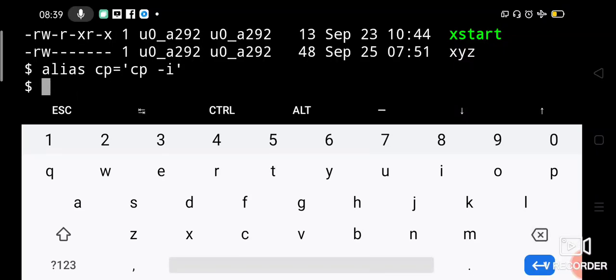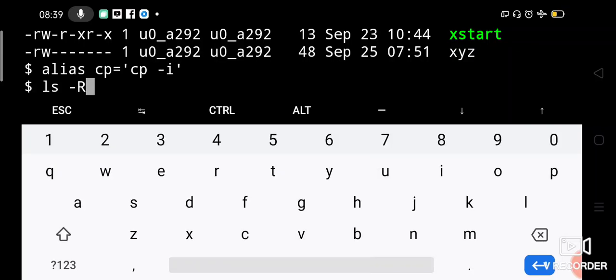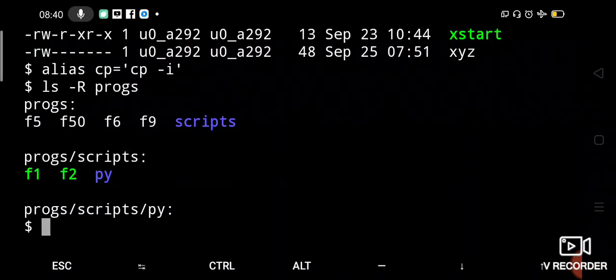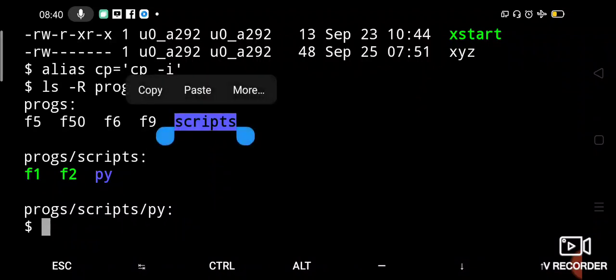Before that I will check ls -r, a recursive listing of a directory called programs. This directory programs has another subdirectory, some files f5, f50, f6, f9, and a directory called scripts.